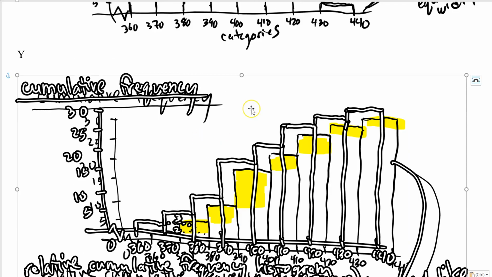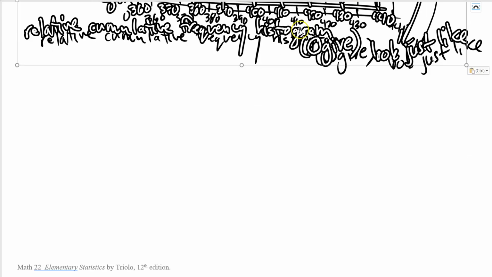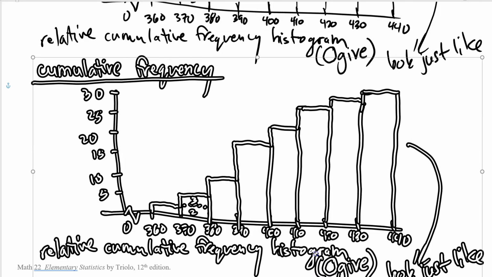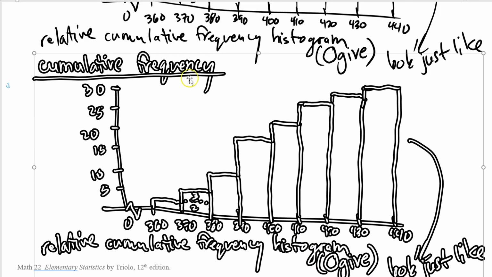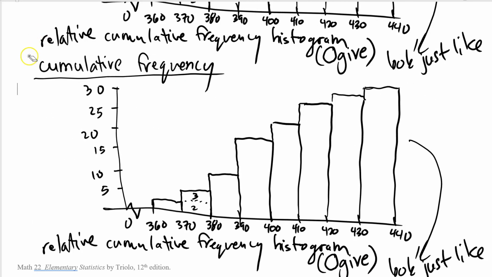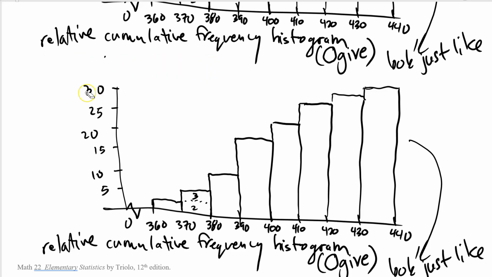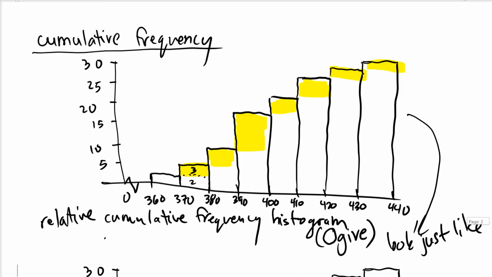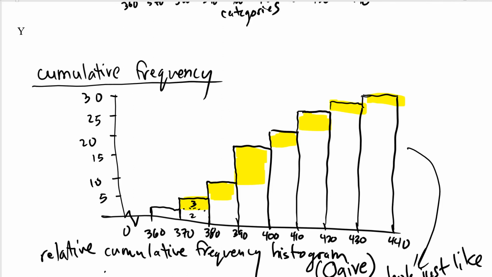Paste it. Oh my goodness, that looks horrible. And you don't have to redraw it, but the point is what? The relative cumulative frequency will look just like this, but instead of this being a frequency, which I didn't label last time, instead of this being a cumulative frequency,